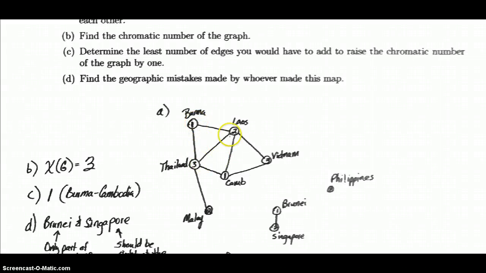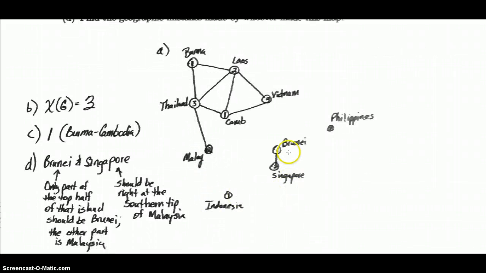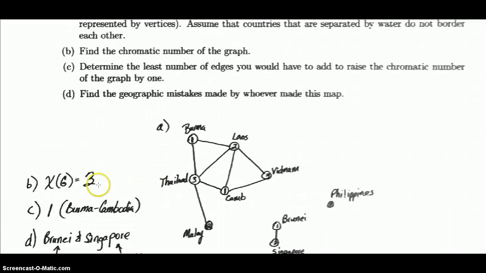So I start off, I go ahead and give these 3 distinct colors. After I do that, I only have one option left for Cambodia, because if I'm trying to do minimum colors, I can't use the Thailand color and I can't use the Laos color, but I can use the Burma color. And then once I do that, Vietnam has to get the same color as Thailand. Malaysia could be 1 or 2. Brunei and Singapore just have to be different ones, so we might as well color them with the same as 1 and 2. And Philippines and Indonesia can each get any of the 3 colors. So it is certainly possible to color it with 3 colors. And then